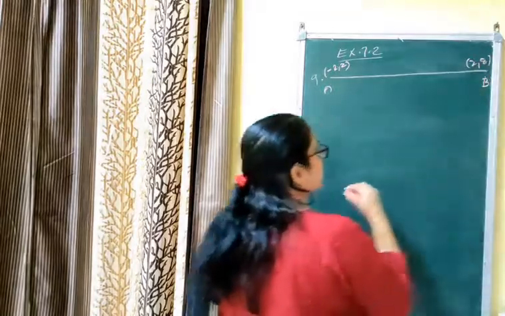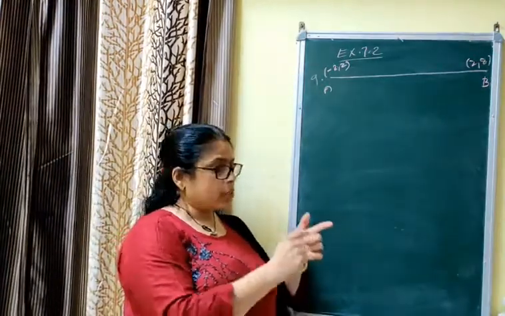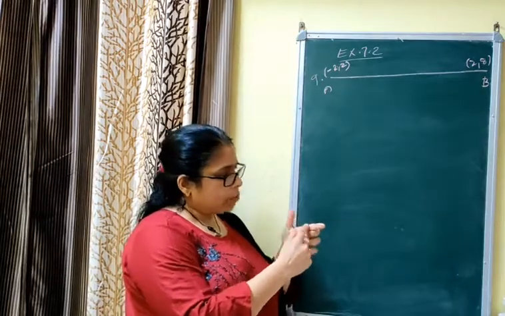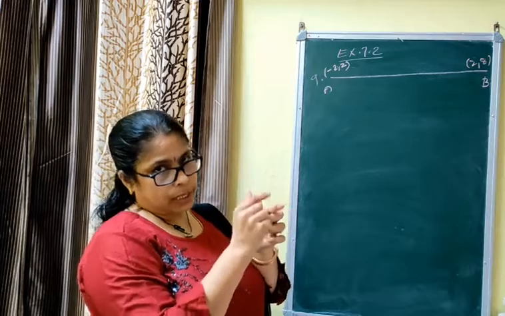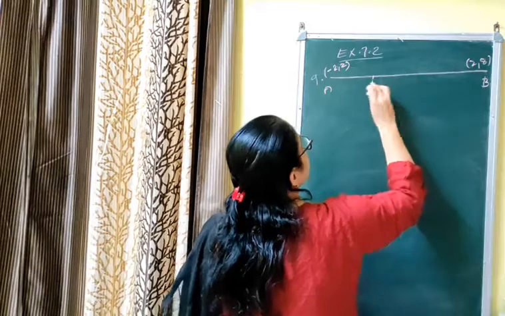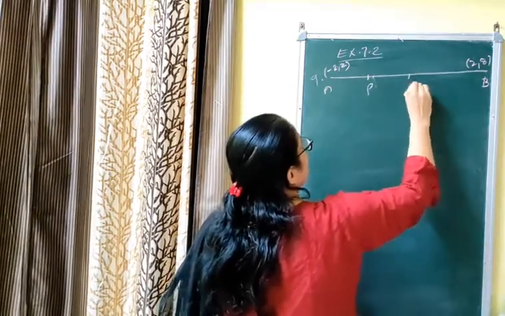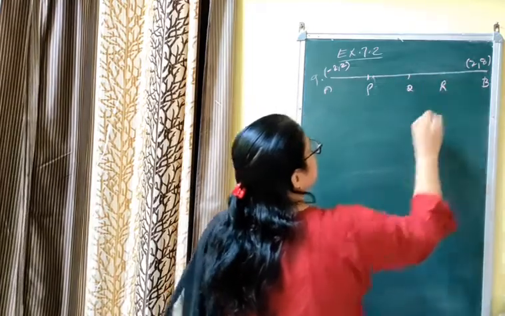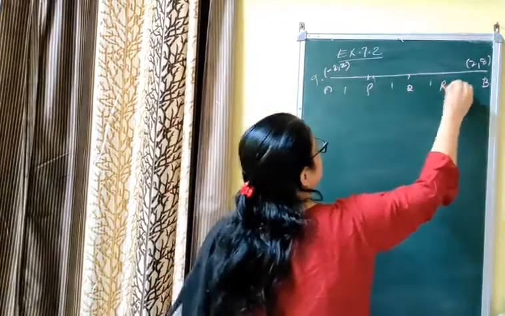Similar question we have done in this exercise itself, trisection. As I told you, trisection means making 3 equal parts, so 2 points will come in between. यहाँ आपको 4 इक्वल पार्ट्स बनाना है, तो बीच में 3 पॉइंट्स आएंगे. Let me draw in a proportionate way. Let P, Q and R be the points of division to get 4 equal parts. Then this is 1, this is 1, this is 1, this is 1.